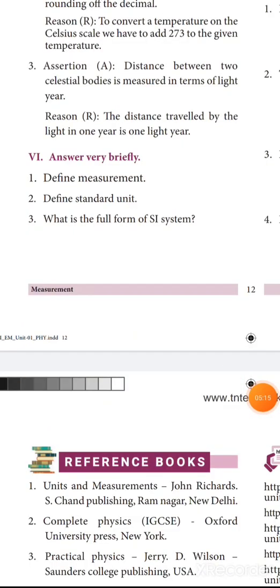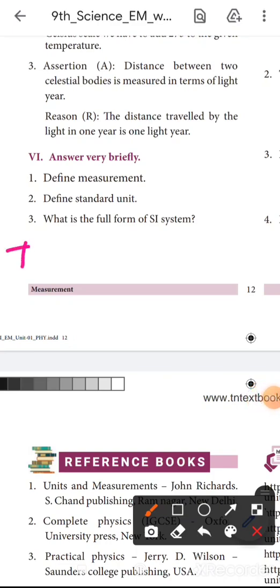Next, define standard unit. I will give notes for the second question, so you have to write this question alone in your note. Okay, next, what is the full form of SI system? You know the full form of SI system, International System of Units. You have to write it in your book, not in the note. Second question alone you have to write in the note. Write here in your book, International System of Units. Okay, then